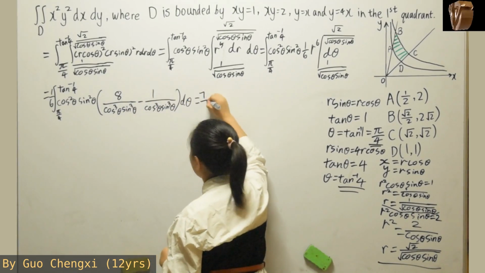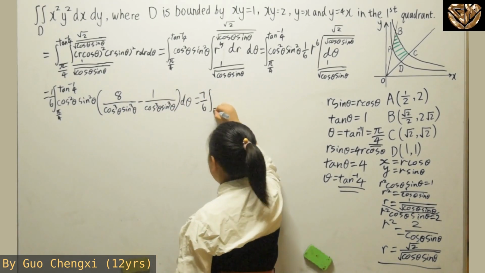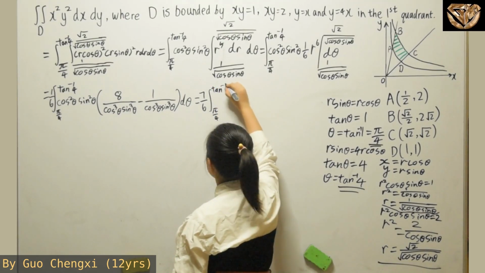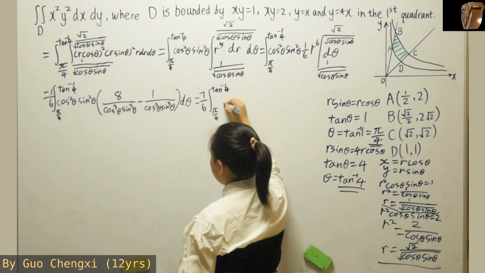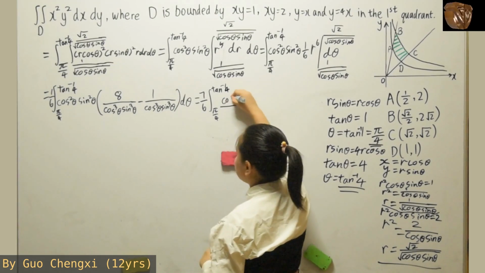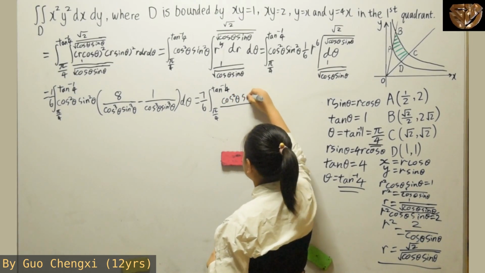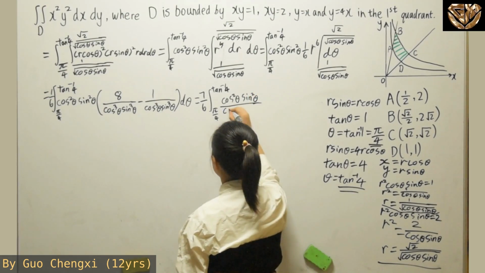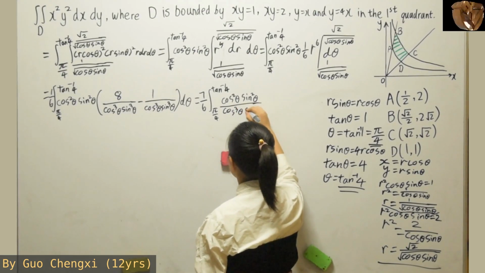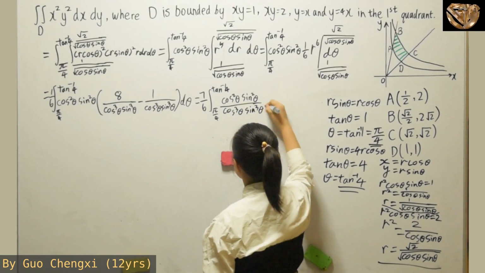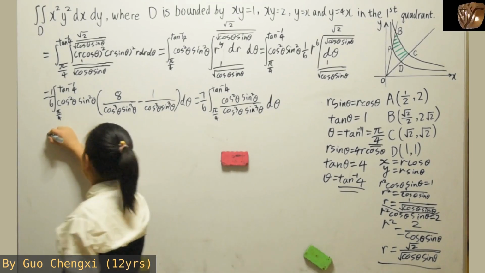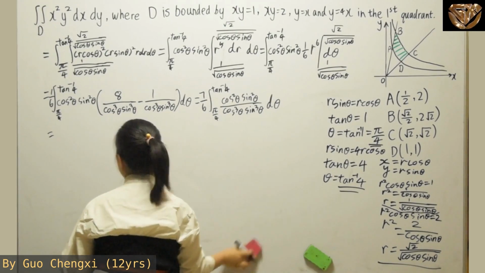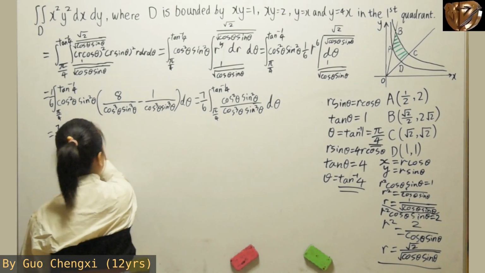And now that we have gotten this, what we're going to get next, over here minus, you get 7 over 6, and you have pi over 4, and then inverse tangent 4, and then you have cosine square theta sine square theta, and here it will be over cosine cube theta sine cube theta d theta. Now that we have gotten for this part, we can simplify the cosine square theta and sine square theta, and you'll get